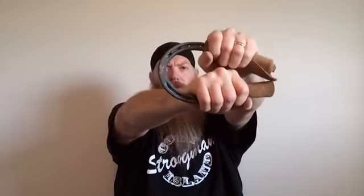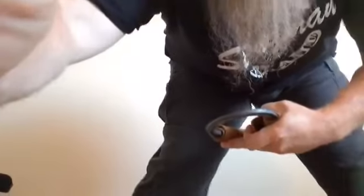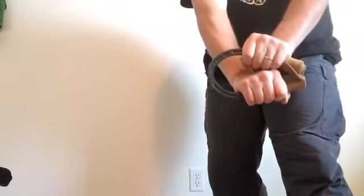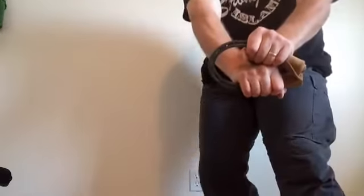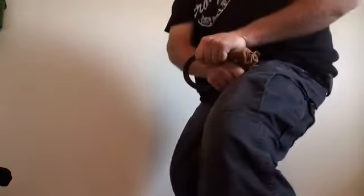And again, we wrap it up tight. Dominant hand is on the bottom, non-dominant hand is on top. I'm going to move the camera. Just like that. So now, what we want to do with the shoe wrapped and the shoe in the position, dominant hand on the bottom, palm facing the ground, non-dominant on top, palm facing the ground, toe facing the dominant side. We're going to get into a split stance,